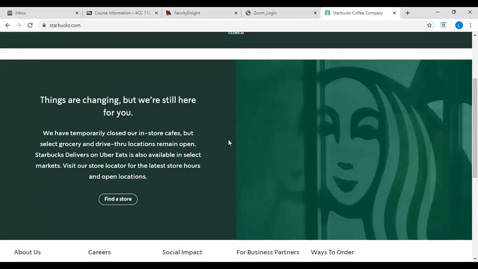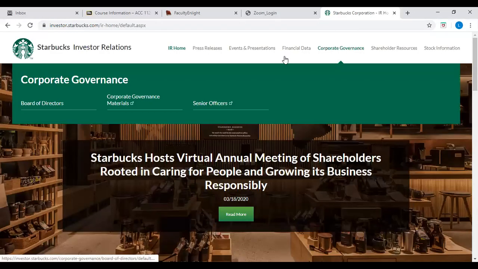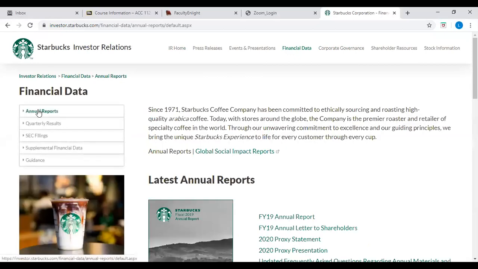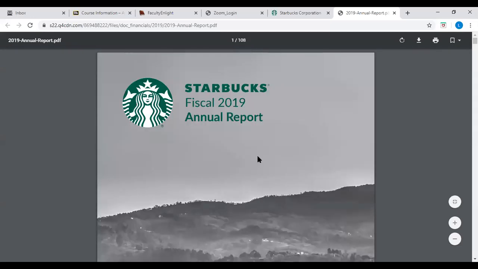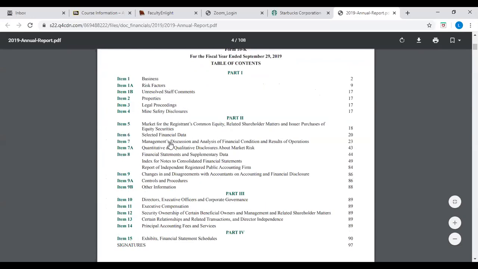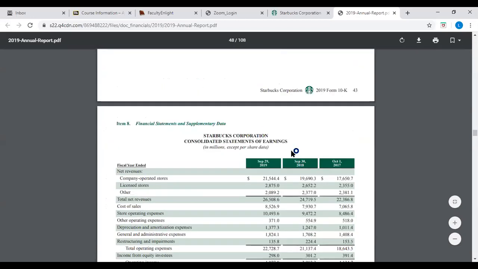Most corporations, almost all that are public, will always be consolidated. They will always own more than 50% of the voting stock of at least one other company. So, Starbucks says they're in 2019 finished and up and ready to roll. So I'm going to go into financial statements. Take a look. Starbucks Corporation.